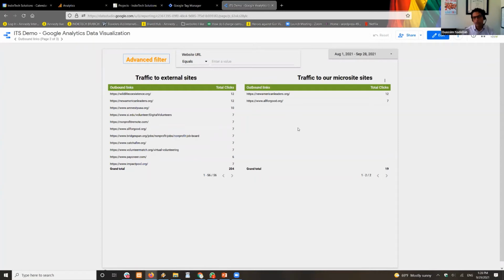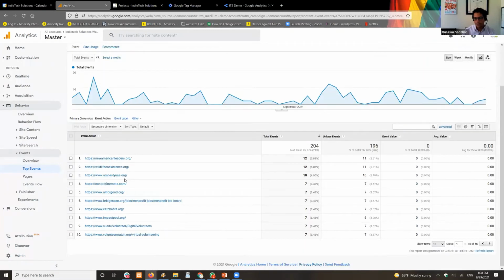You can go way beyond just clicks and do a lot of other things with it, but this visibility shows your ecosystem if you have more than one microsite. All of this is pulled from exactly the same data. It's just a much nicer way to present it.